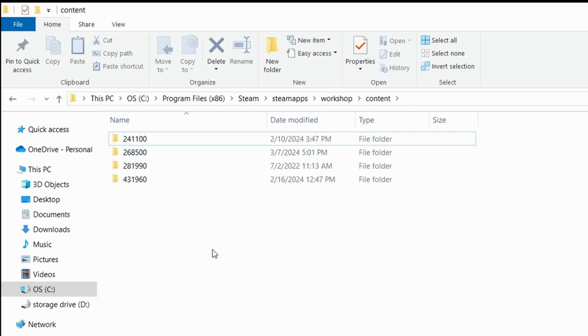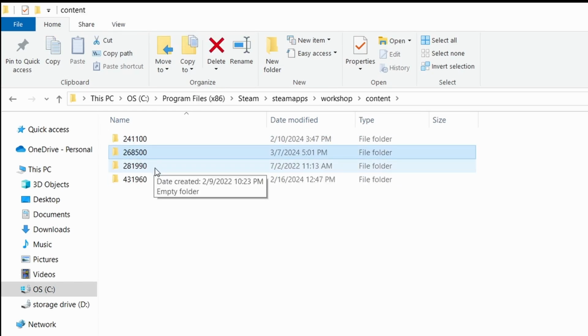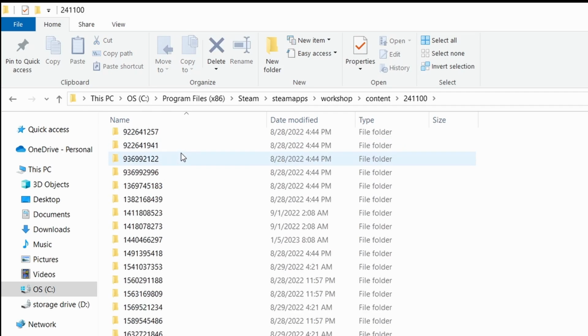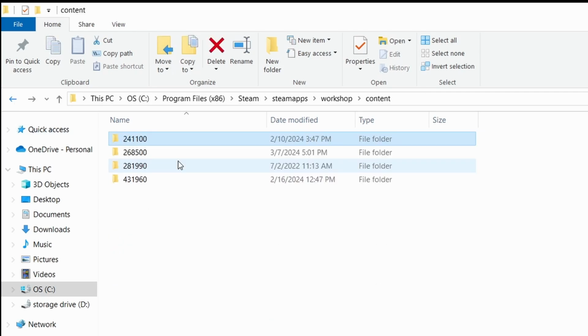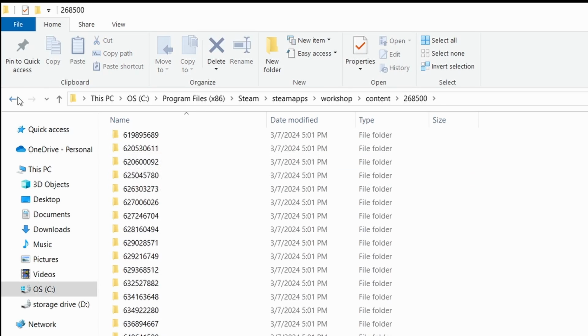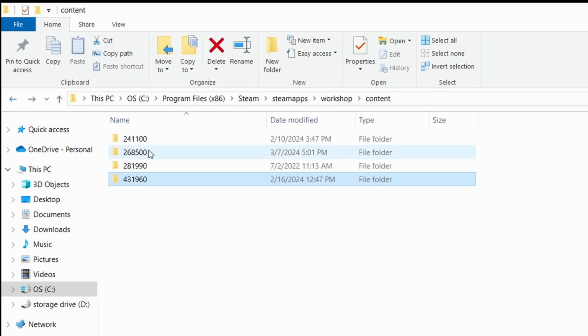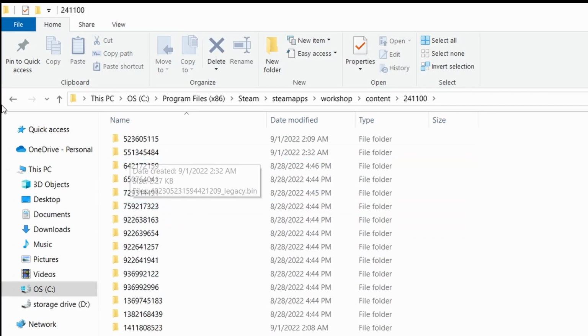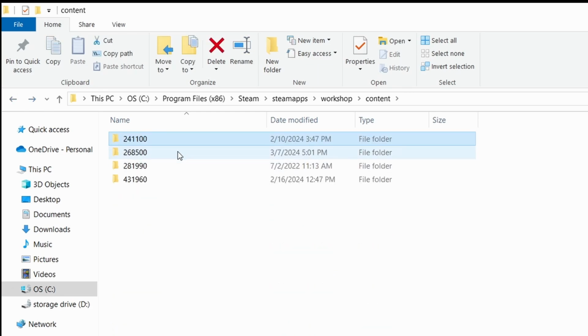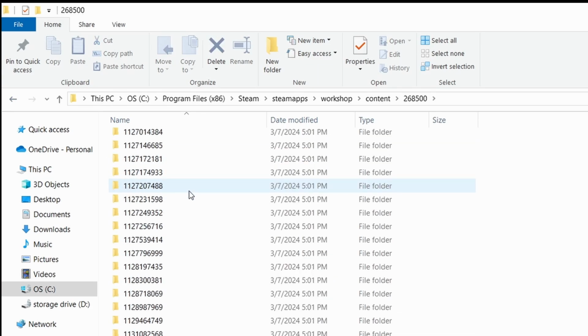Now, here we run into a problem, right? We have a bunch of these random numbers, and we open it up, and we have even more random numbers. We have no idea what any of these are. So what these are is each of your different workshops for different games. I think this is Starbound. This is all my Starbound mods right now. We've got whatever this is. This is what I'm